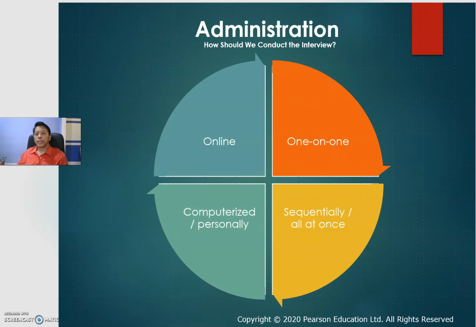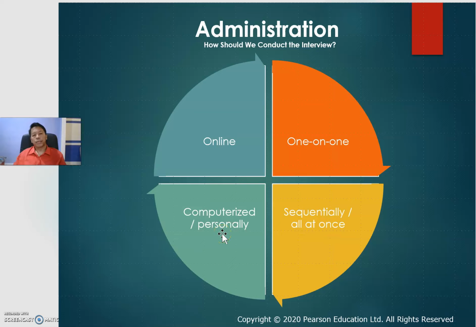In terms of administration, there are four types of how interviews are conducted. First one is one-to-one: one interviewer, one interviewee. Secondly, sequential means that the interviewees will be interviewed one by one.